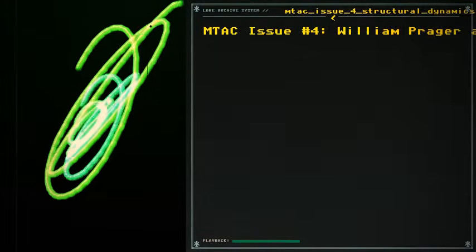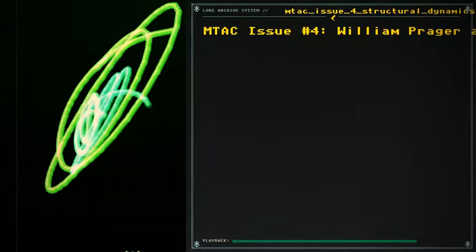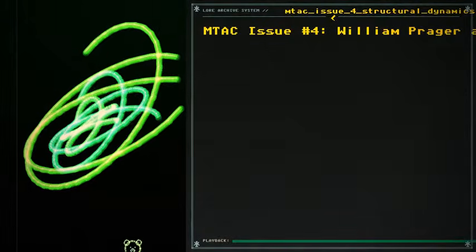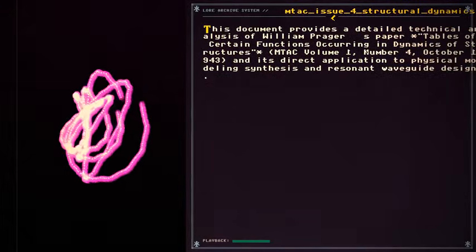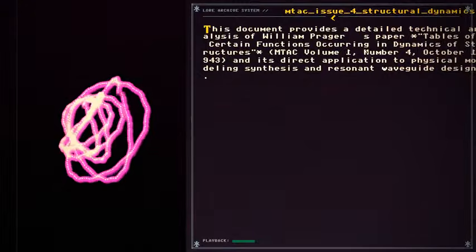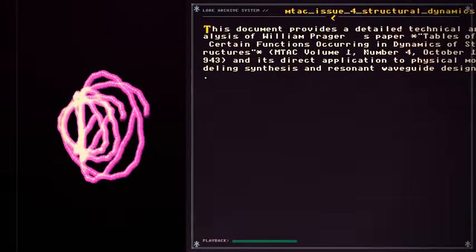MTAC issue number 4, William Prager and Structural Dynamics in Synthesis. This document provides a detailed technical analysis of William Prager's paper, tables of certain functions occurring